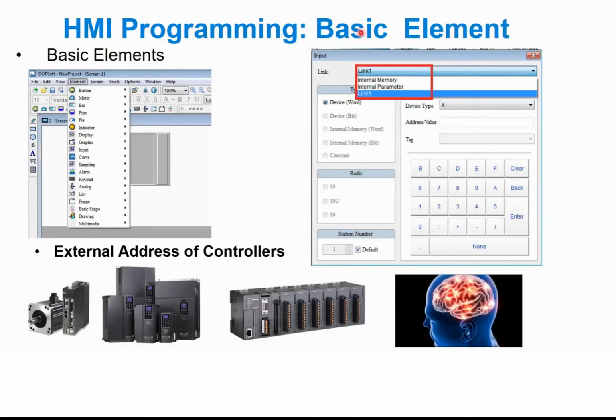So one of the ways we program our HMI is with elements. We have basic elements in the HMI. Elements include buttons, meter, bar, pipes, display. There are very many. So for example, this is a button element. If you just create a button, you just drag it, draw it like a rectangle, you have a button. So this button